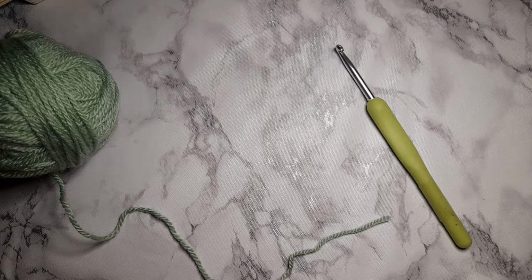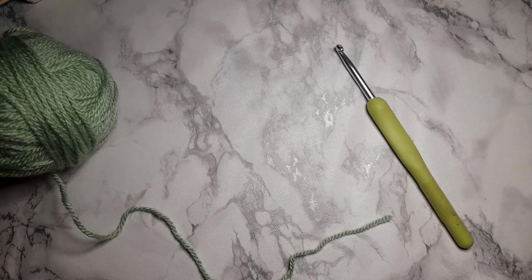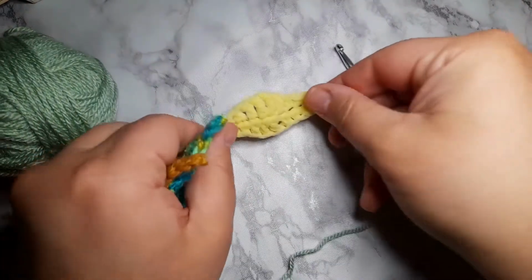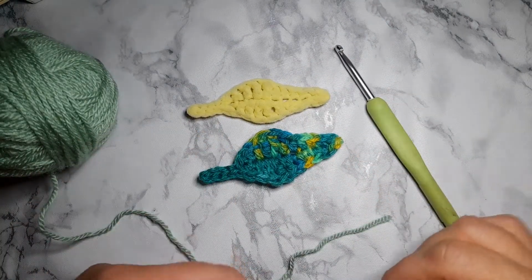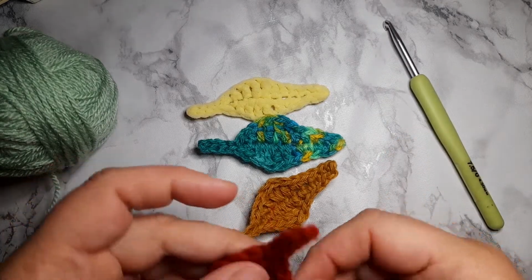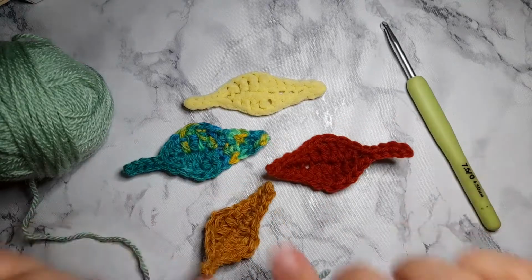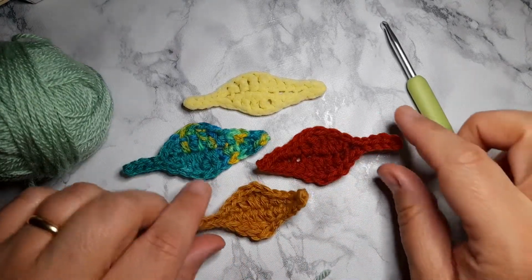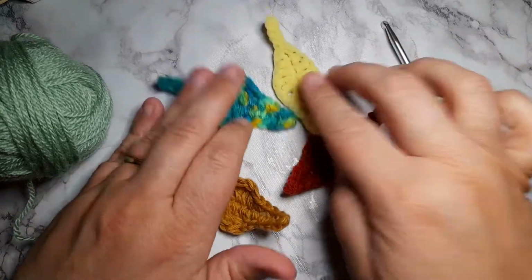And guess what? Today we are making a nice project out of what we've learned the last 6 tutorials. This is what we are going to make. Little leaves. Look how cute they are. And we will use all of the stitches which we've learned. Now it's autumn, I thought this was quite a cute project with different colors,